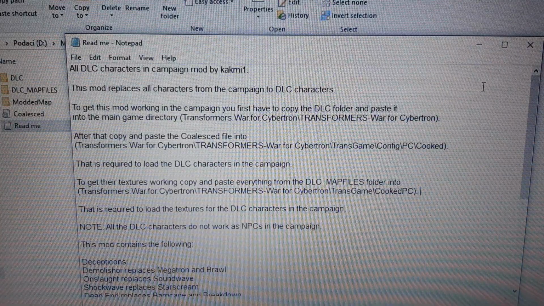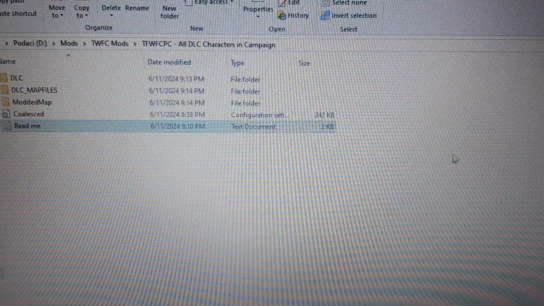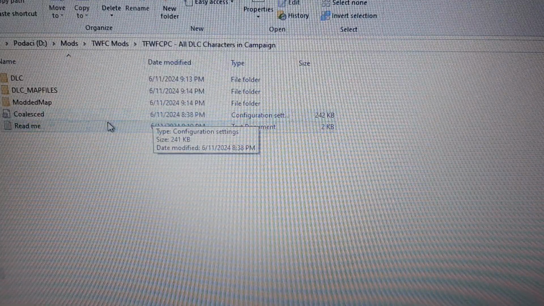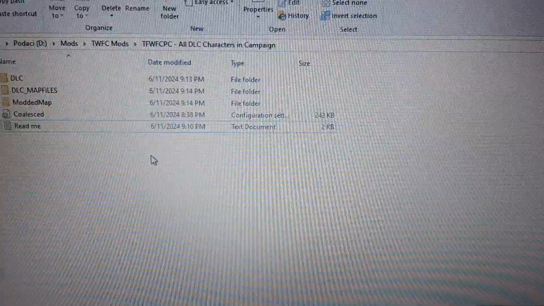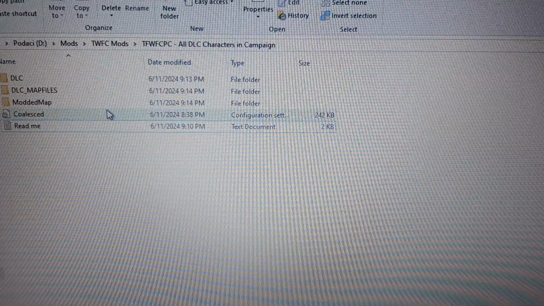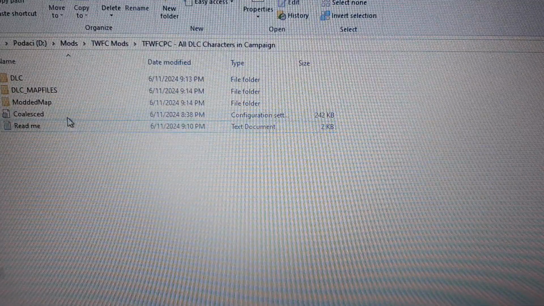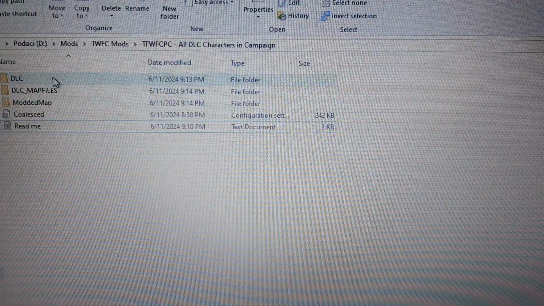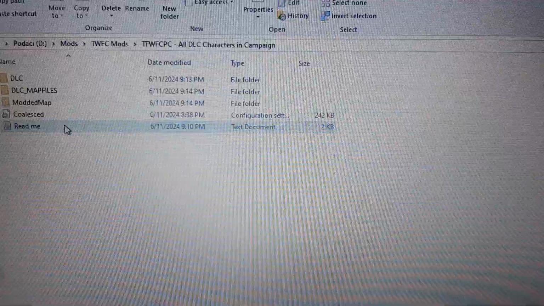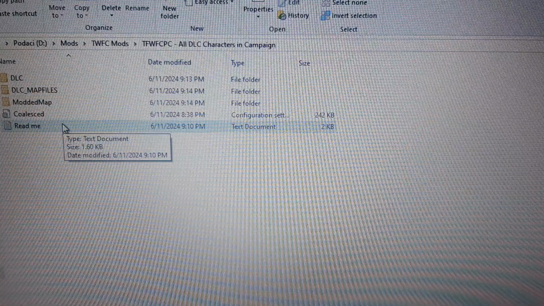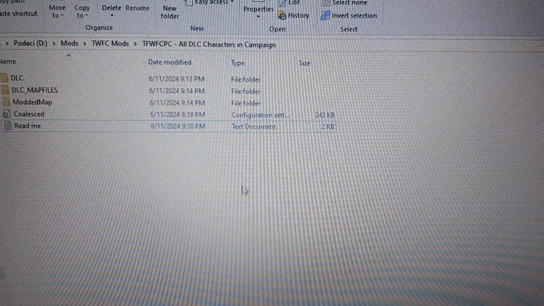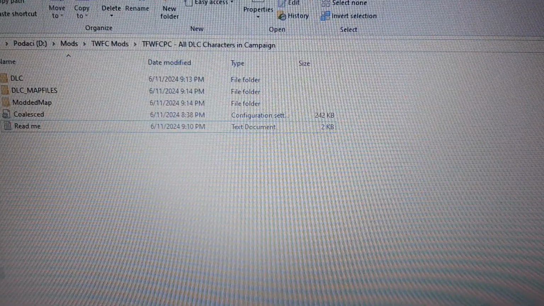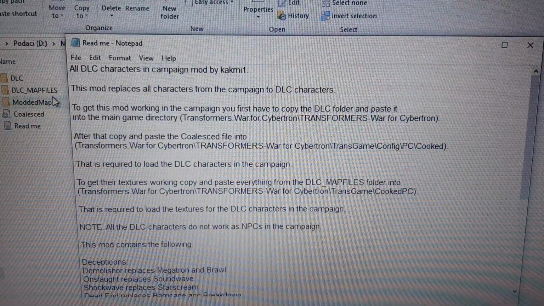First I need to explain something. This mod is not made with UPK Explorer and does not require TFC installer, as I have said before. So yeah, it's purely made from the coalesced and the DLC map files folder, and also the DLC folder. And basically the instructions are all in the README file, so it should be pretty simple to install. So let's get on with it. Let's see what the first